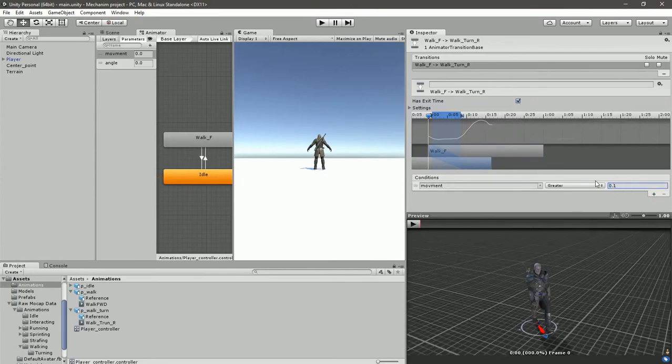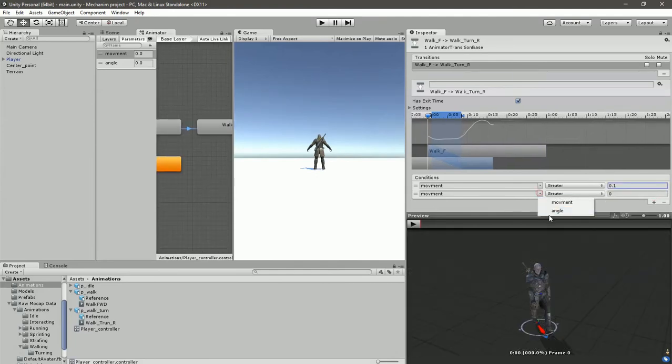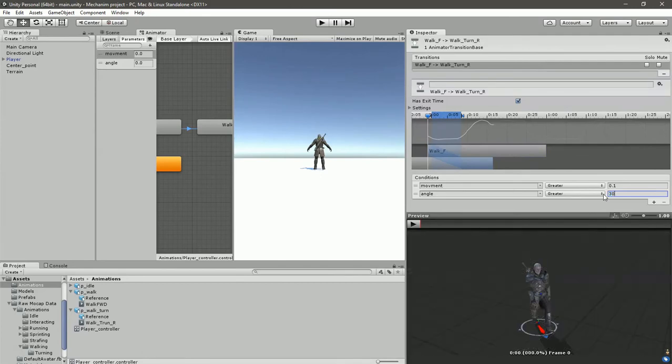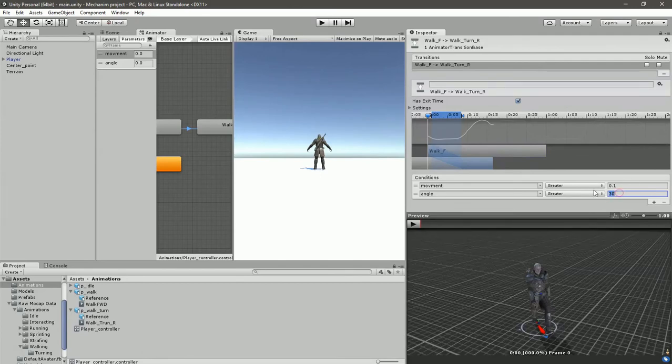I need a movement parameter just in case I won't be moving our player, but when the angle is big I want him to go into idle, not really into turning, so we need this condition. And also we need angle greater than, let's say, 30 or 25. Okay,